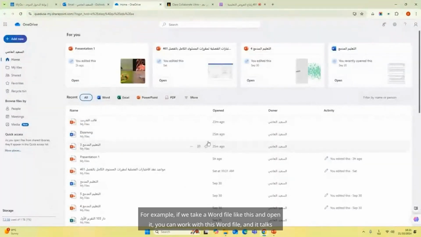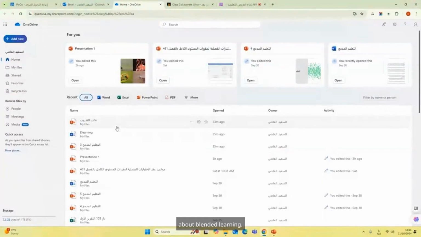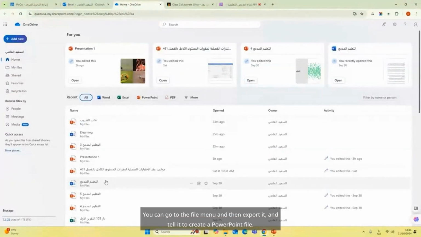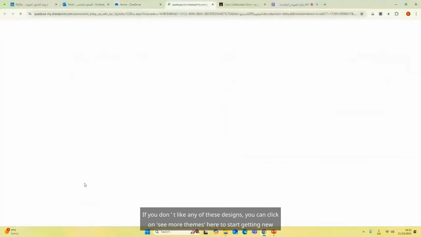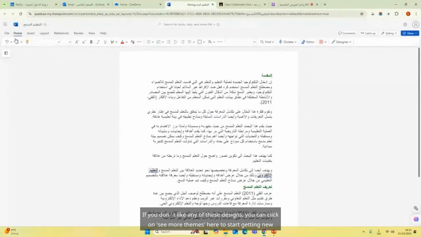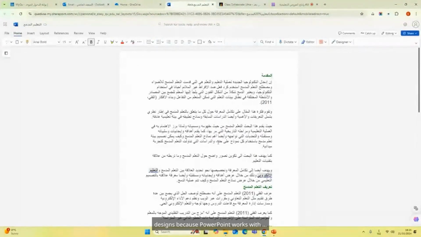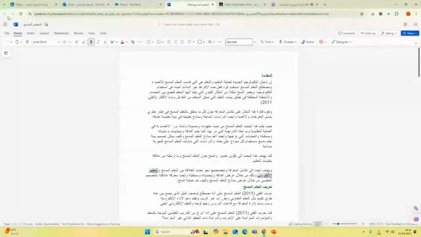For example, if we take a Word file like this and open it, you can work with this Word file, and it talks about blended learning. You can go to the file menu and then export it and tell it to create a PowerPoint file. After that, you can say, for example, I want any of these designs. If you don't like any of these designs, you can click on see more themes here to start getting new designs, because PowerPoint works with